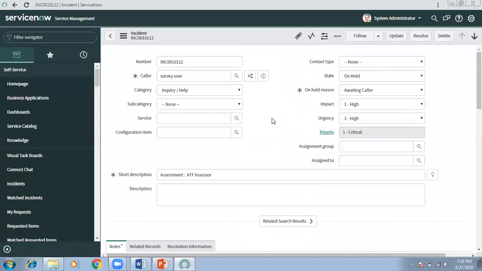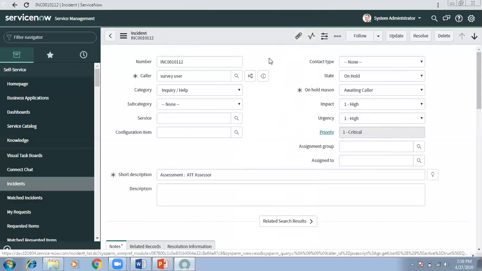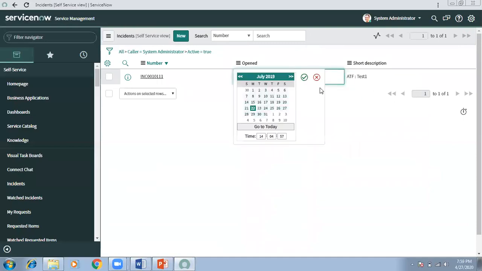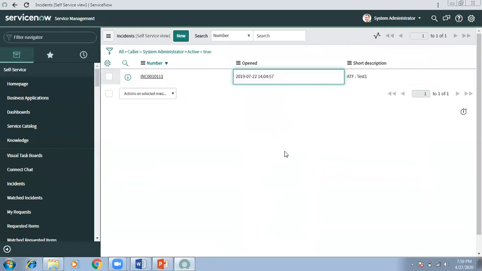Another is on cell edit, which doesn't run on the form level, it runs on the list level. If a user is trying to modify something through a list, and you don't want to allow him to modify it, those types of scripts are on cell edit, which you also will not use much. I would say even 1% of the time you will not use it. So if you are good with on load and on change, the client scripting part will be kind of strong for you.